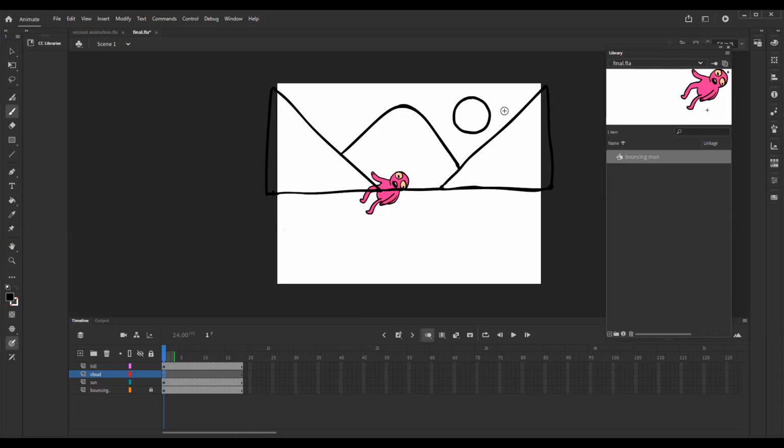Okay. So let's say this is the sun, sorry, the clouds layer. Okay. So I'm coming from the farthest point. First the sun, then the cloud, then the hill, then I will draw the middle ground, or let's say